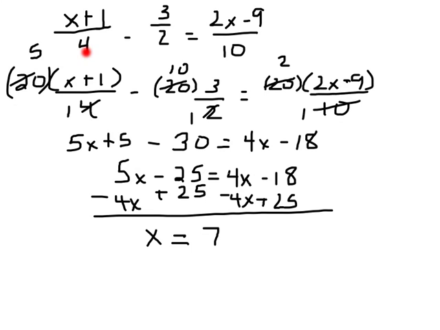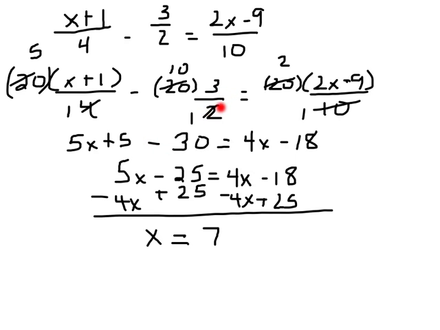And finally, 4, 2, and 10. The least common denominator of all three of those is 20. Cross cancel out. The 4 becomes 1, and 20 becomes 5. And I'm going to distribute this 5 over both of these terms to get 5x plus 5